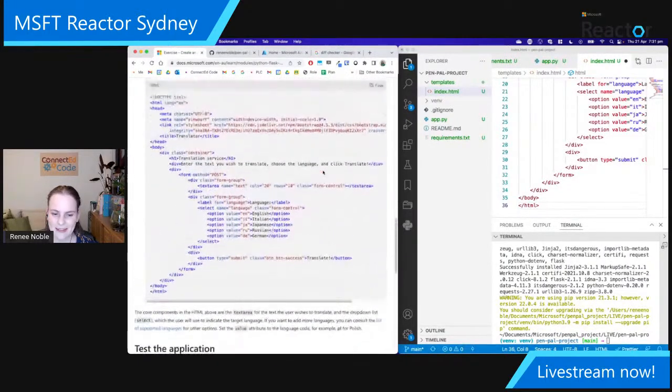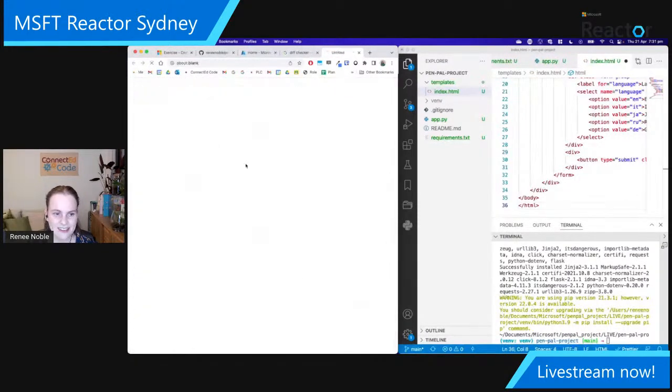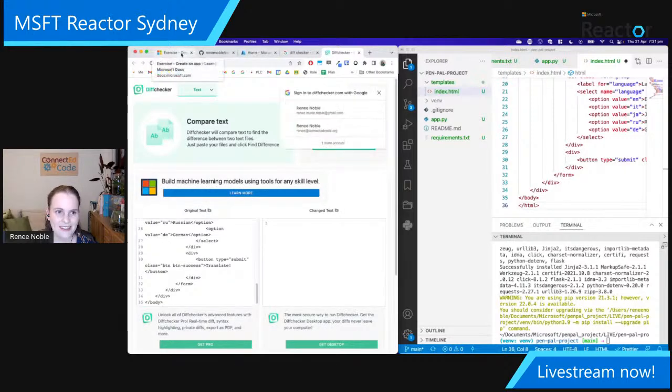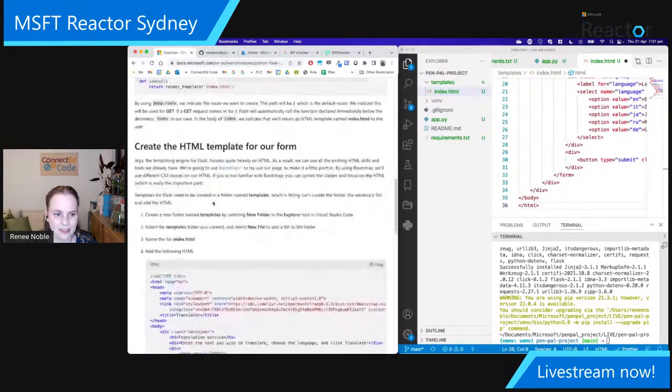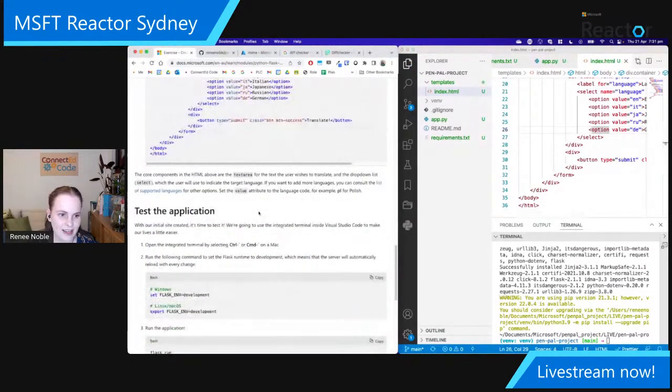But first, we're going to test the application before I go and add things that could maybe break it. Who knows? But I will pop this in Diff Checker, so that we can have a quick look at the differences. So we'll have a look at that in a minute. But back to here, we've created this, made the file, we saved the file, and then we are going to